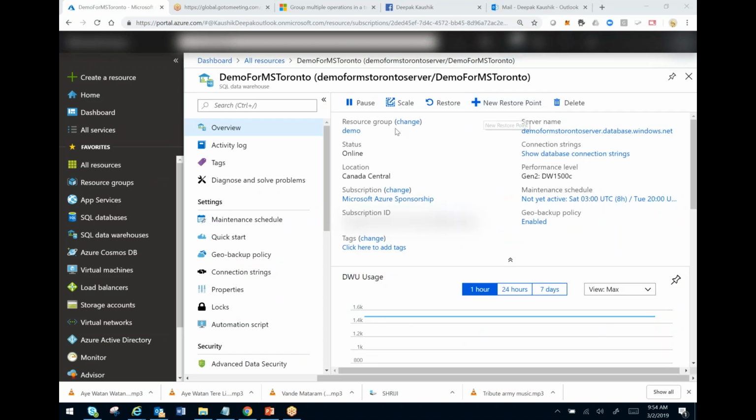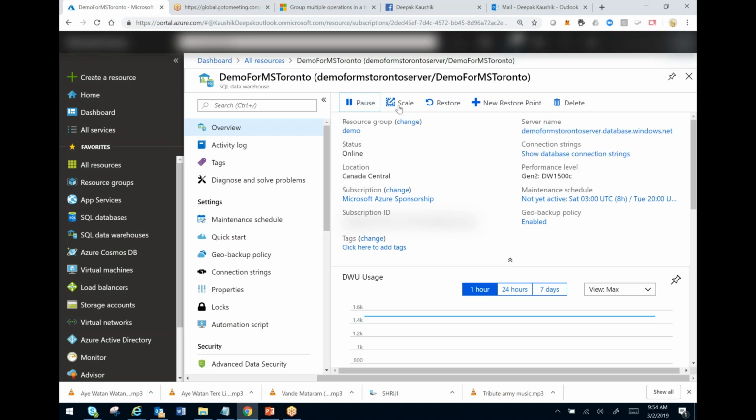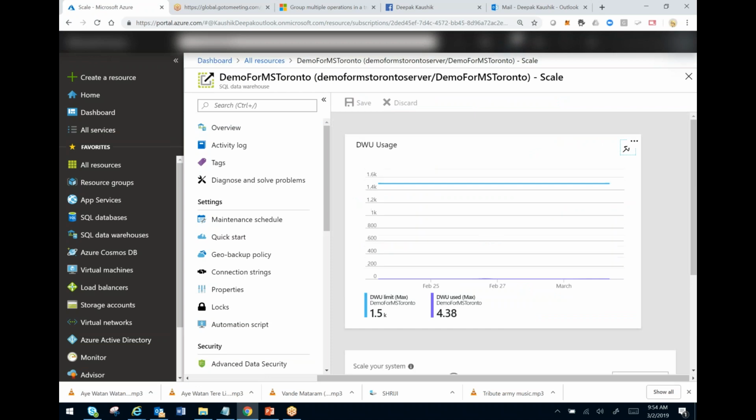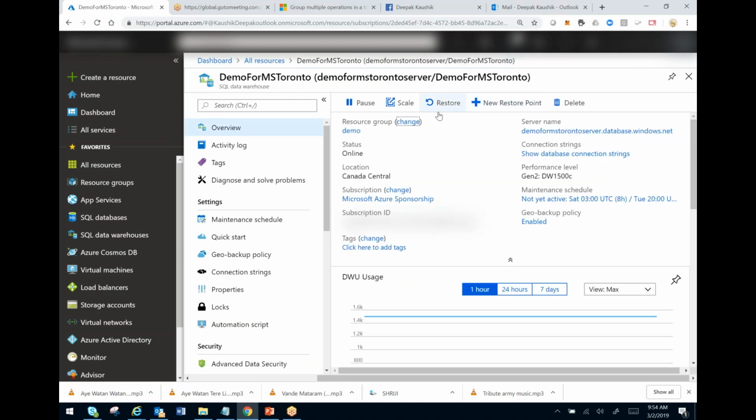We have the data warehouse, right? You could do a couple of things. You could purge it, which you can do on your on-prem data warehouse, and use it whenever you require. You could write PowerShell commands and do a bunch of activities. As we look over, you could scale it up, scale it down. Scaling it up means you could increase the power of the Azure data warehouse to 100, 200 data warehousing units, or 400, whatever you require. So we are over there. You could say, okay, this is my data warehouse, and we could restore it, we could use it. Then the activity log,